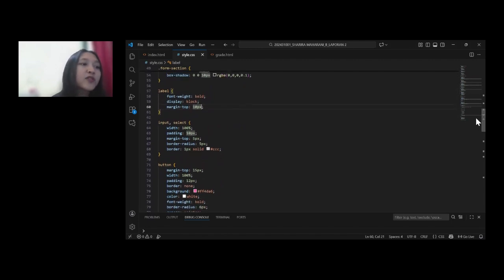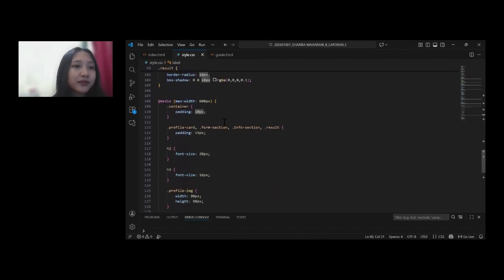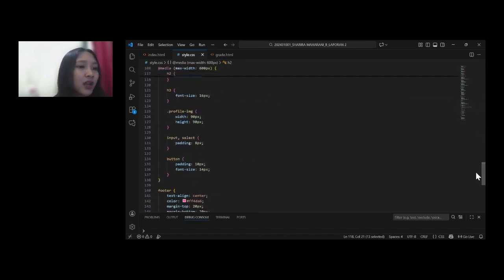This file also contains a responsive design section using a media query targeting screens below 600 pixels. This ensures that the website looks good on smaller devices, for example smartphones, by adjusting the padding, the font size, and the dimensions of the image.